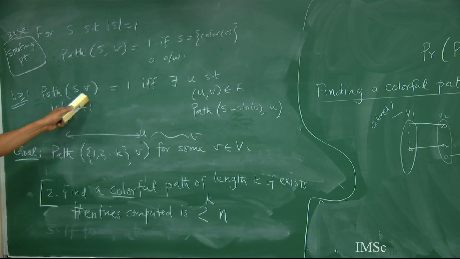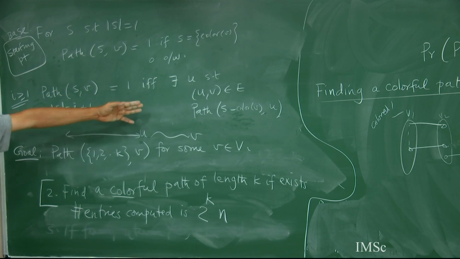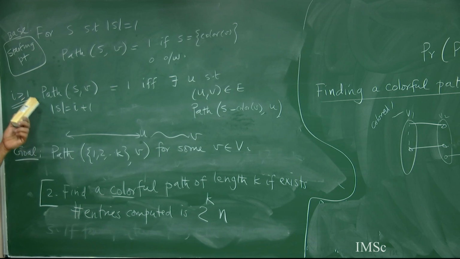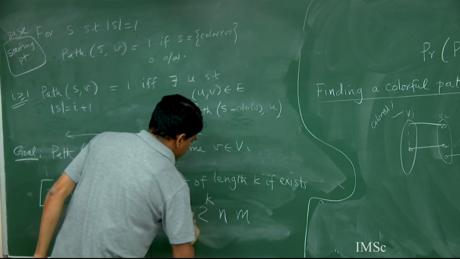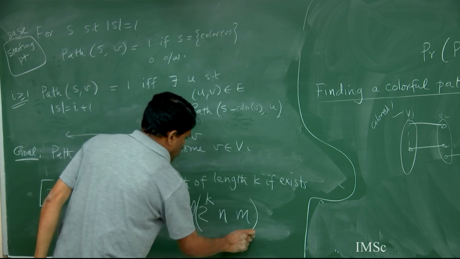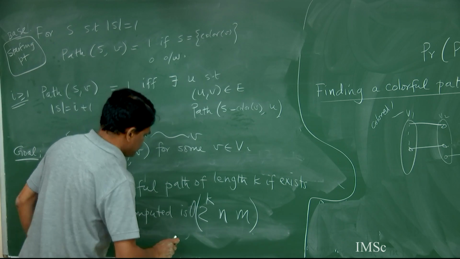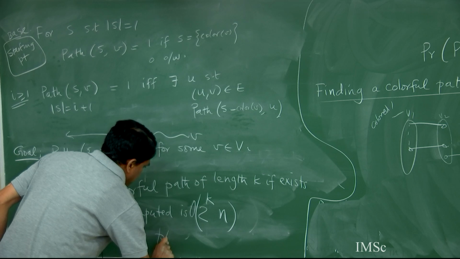Two power k subsets and n many vertices, and how much time for each entry? Well, here is a recurrence which tells you. I run through the degree of that vertex and pick up those values and see if any of them is 1, then I just say so. So it's summation of degree, so that's like an order m. Okay, so this is order 2 to the k n, and total time